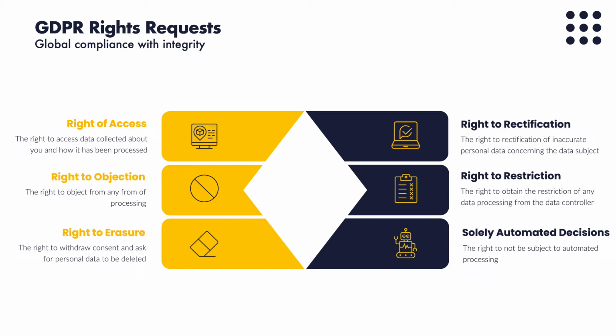After a request is made, you must fulfill this request within 30 days. You are able to request a time extension if the request is of a particularly complex nature. And it is also important to note that the request must be verified through some form of identification before any actions can take place. If the data subject doesn't provide any verification, you are not bound to fulfill the request in any way.